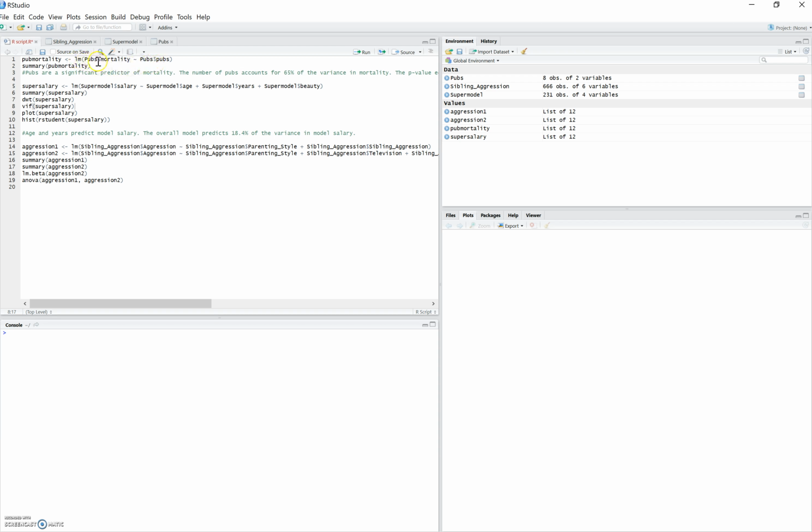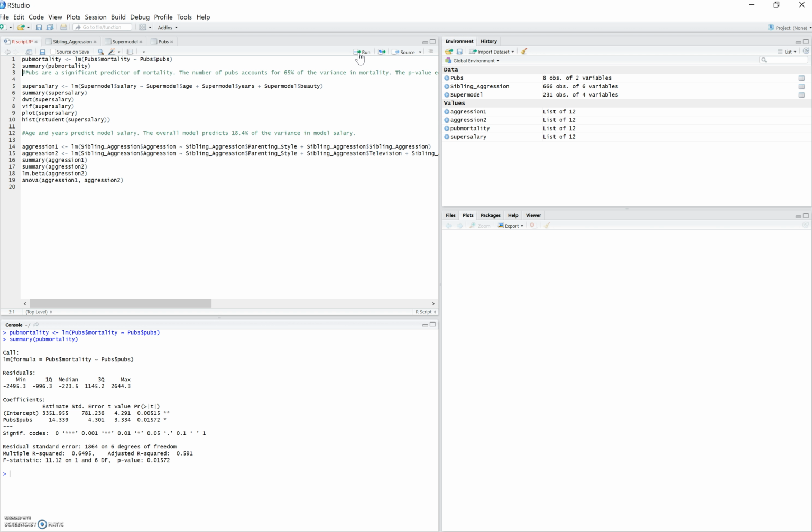We're looking at the data set, pubs, and looking at specifically mortality, which is the outcome variable, and then once again pubs being the data set and pubs being the predictor variable. Whenever we run that, we're specifying that it's going to go into that specific object or value, and then we're going to take the summary of that model